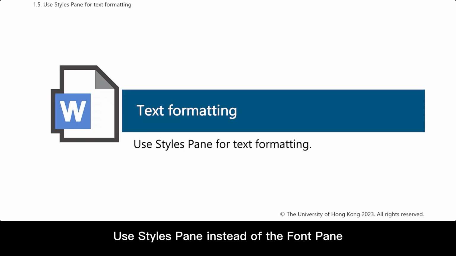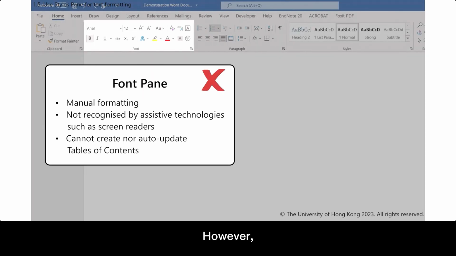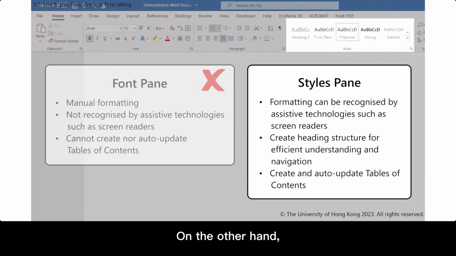Use Styles Pane instead of the font pane for text formatting. It is common to do manual formatting using the font pane. However, manual formatting by the font pane may not be identified by assistive technologies such as screen readers. It also cannot be used to automatically create or update the tables of contents. On the other hand,